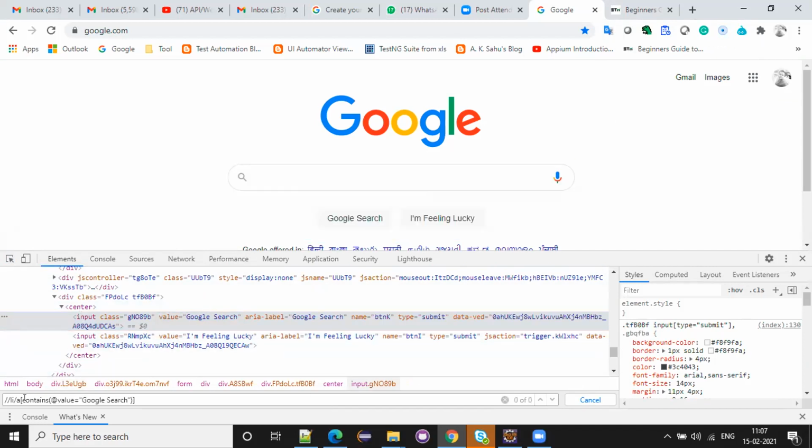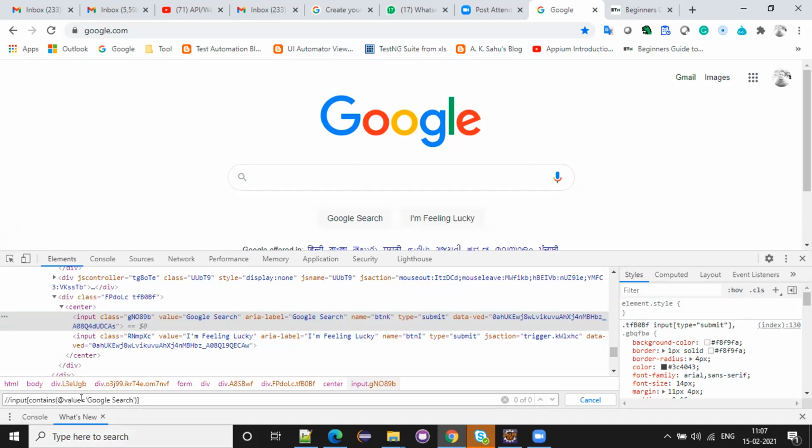Hashtag input. Input contains value. See here, what happened? None found. Zero. The problem is the equal to.